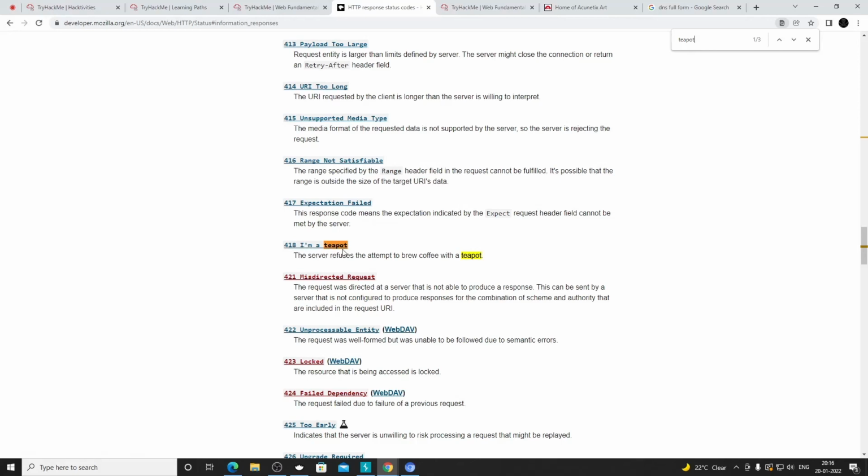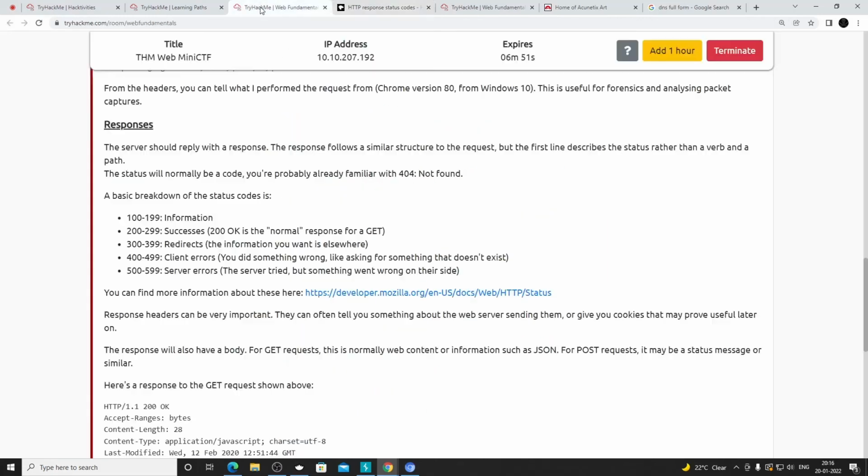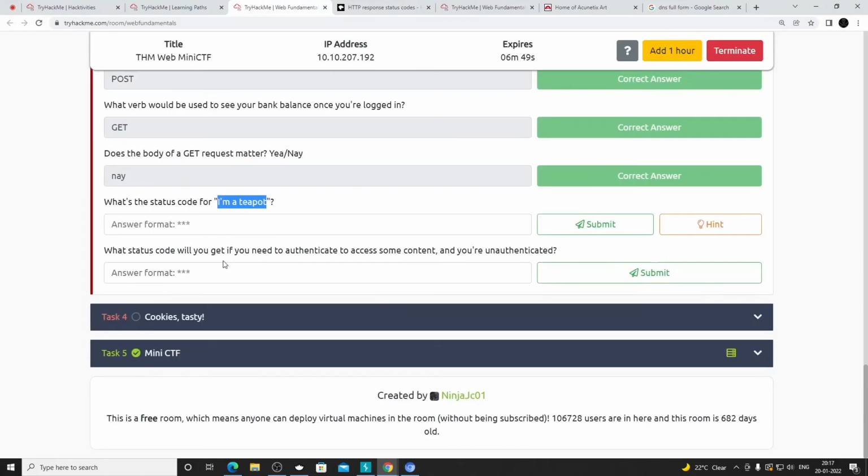It's kind of a term. Whenever we receive 200, that is called OK. Similarly, if 418 is received, it's called I am a teapot, meaning the server is not responding to the request sent by the client.